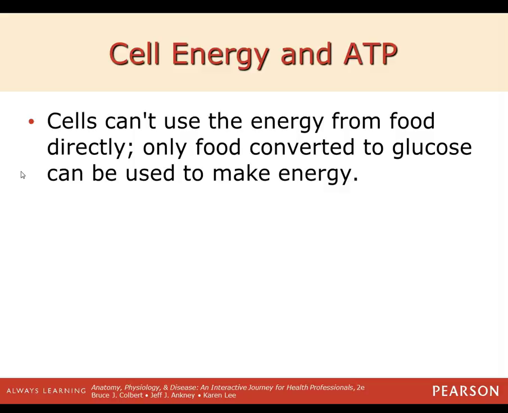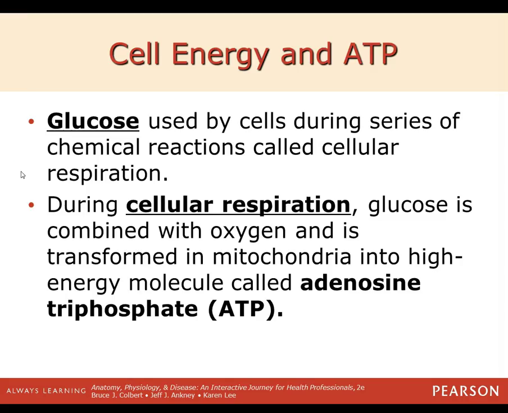The body takes in the food and breaks it down through digestion, and then the energy, the glucose, is released from the food and can be used by the cells. Glucose is used by cells during a series of chemical reactions called cellular respiration. During cellular respiration, glucose is combined with oxygen and is transformed, in the mitochondria, into high energy molecules